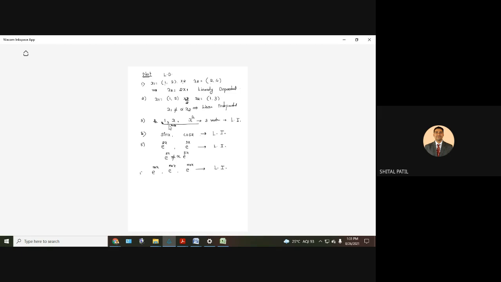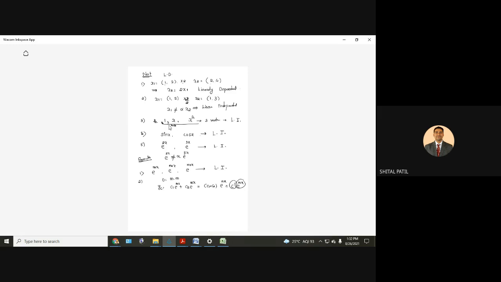Now, second formula. I am writing the formulas. Suppose these are the roots m and m, and suppose I write their complementary function like this: c1 e raised to mx plus c2 e raised to mx, by our usual method. Now, how many arbitrary constants are there? It is not 2. I can take e raised to mx common, and then I have c1 plus c2, and I can replace it by a single constant, say c dash, e raised to mx. So I have a single function, a single arbitrary constant.